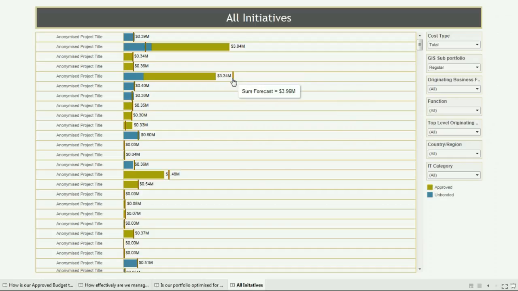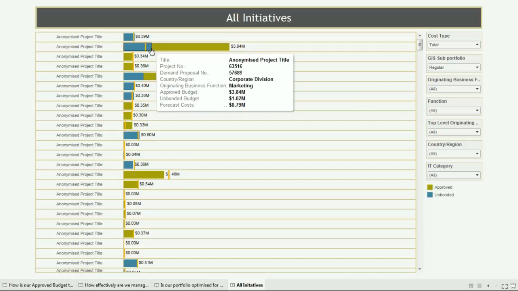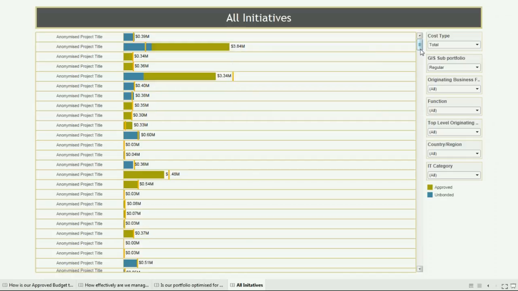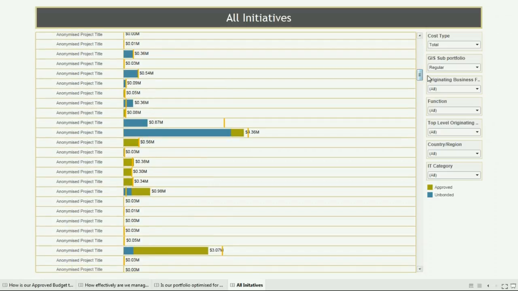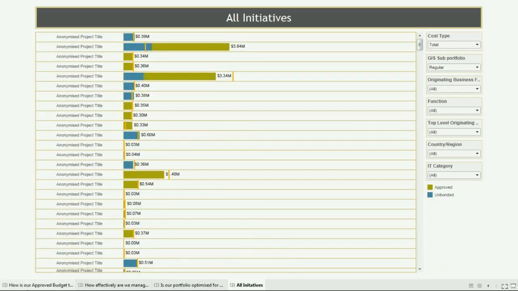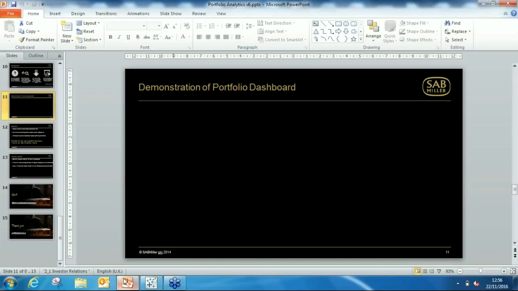So this would at least warrant a conversation to the project manager if it's in flight, or the business partner if it's in demand, to obviously look at the difference between the forecast and the approved budget. Again, with this project, we've got a much smaller forecast than what we have as an approved budget. So that can easily rectify, using a visual way for my team to have those proactive conversations with the required stakeholders. So those are the dashboards.